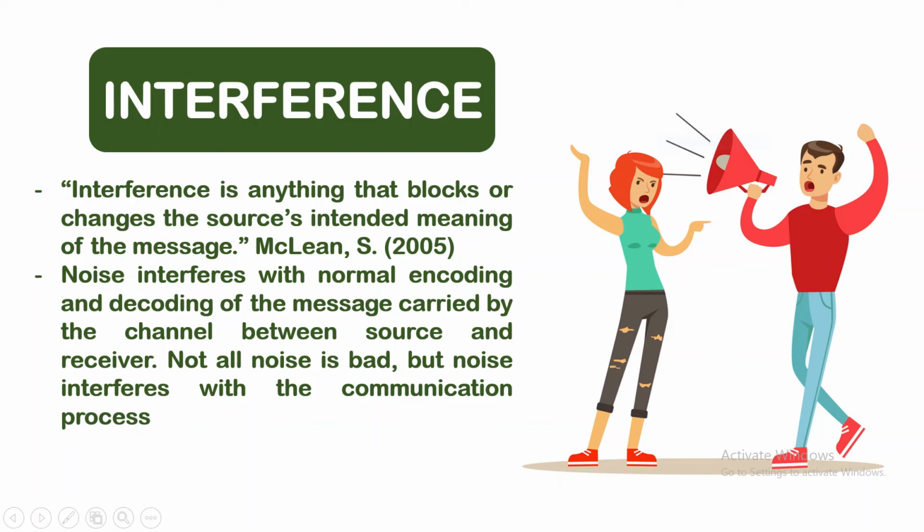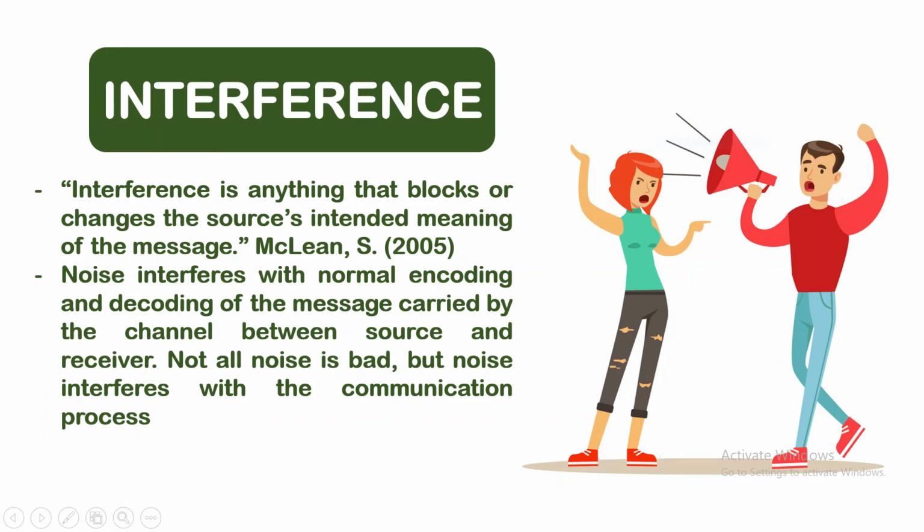The first type is the physical noise, which refers to the actual noise such as loud music or the irritating engine of a motorcycle. Even a seatmate who talks to you while the teacher is explaining the lesson is noise because it prevents you from listening to the teacher. The second type of noise is physiological, which happens when the body becomes a hindrance to good communication. For example, because of a headache or a toothache, one may not be able to effectively listen to a friend, listen to music, or do anything for that matter.